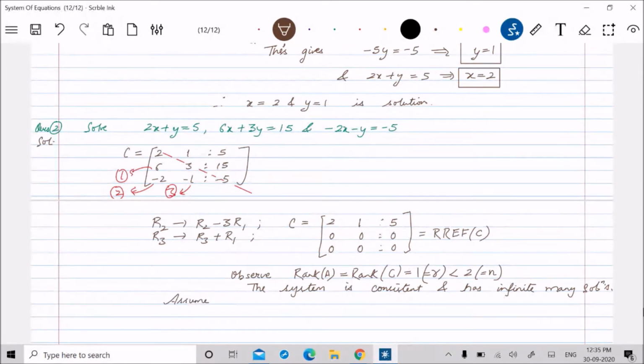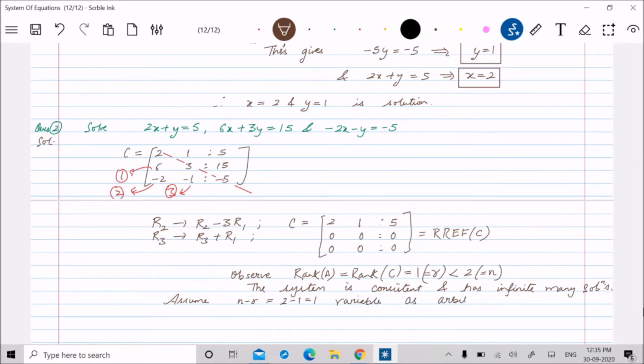Now Muhammad Tabish will answer. Assume how many variables will be assumed as arbitrary? Muhammad Tabish. Yes, Muhammad Tabish, you are correct. n minus r will be equal to 2 minus 1 equal to 1 variable